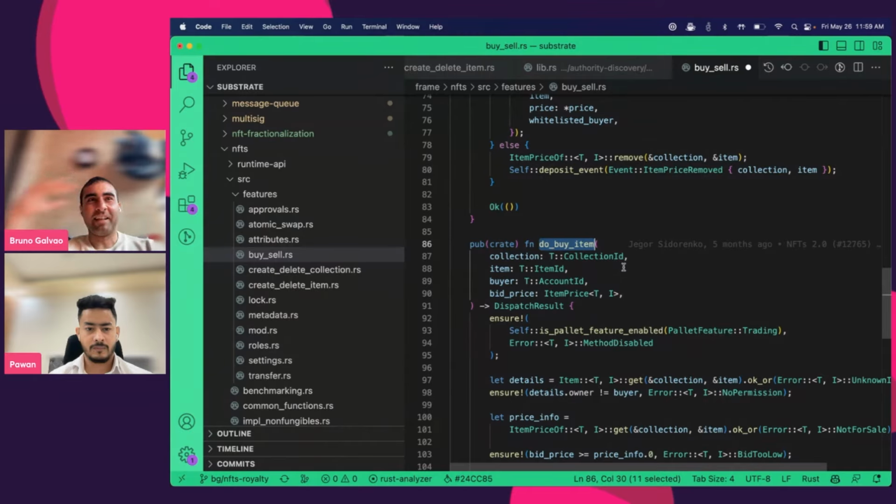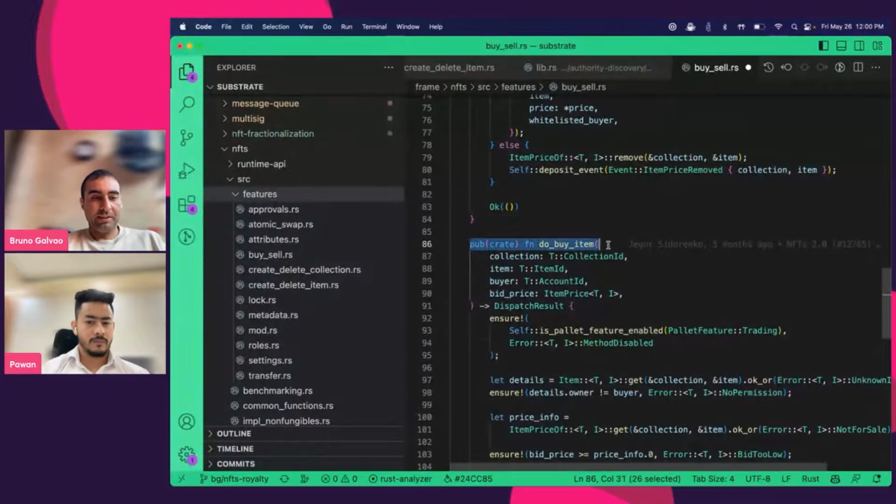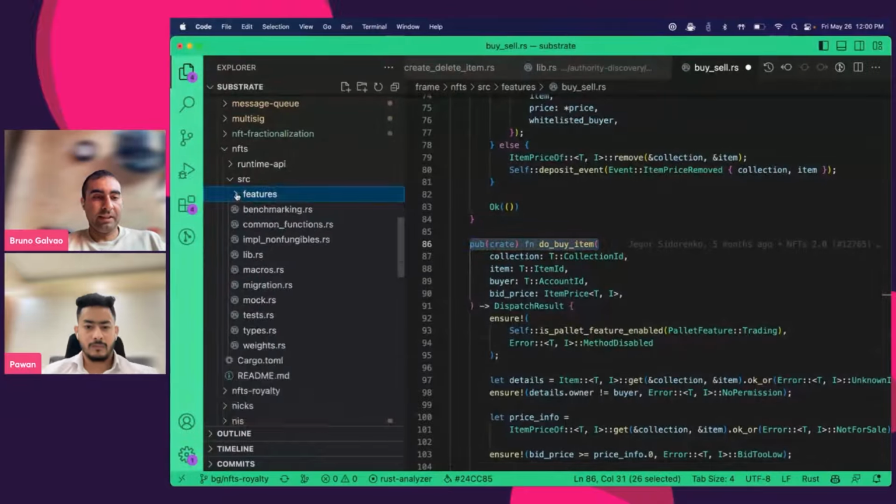Is there a way that I can break it up into files? And this is one way, and it's a pretty interesting way because you can create features and start grouping things into features, and you have your functions, they're public functions, which can be used in your dispatchables. So nice thing to study there. The other thing that I want to highlight